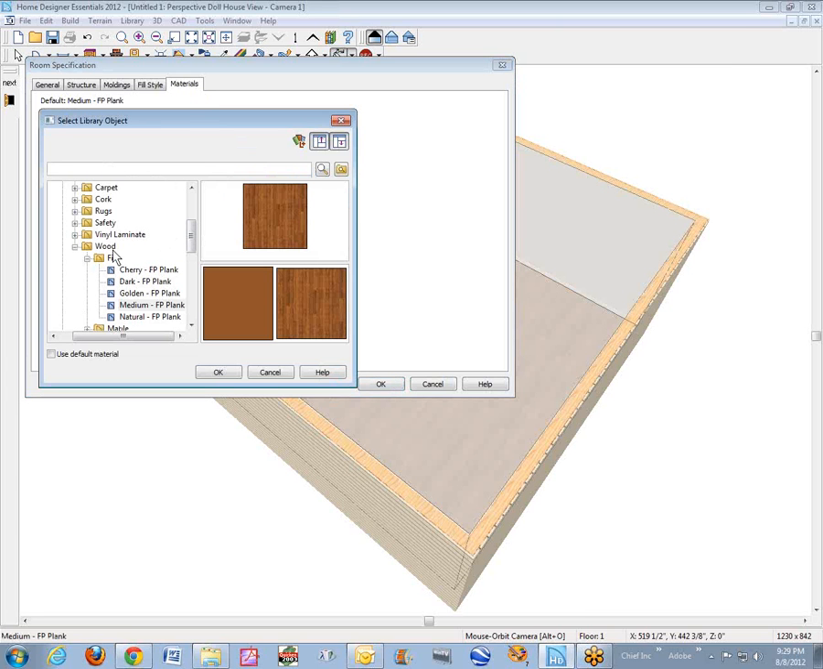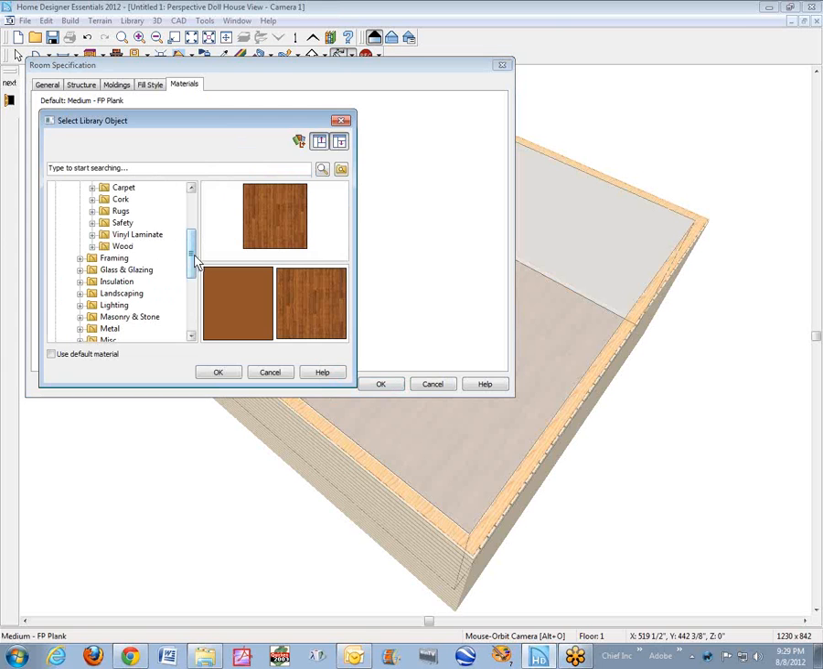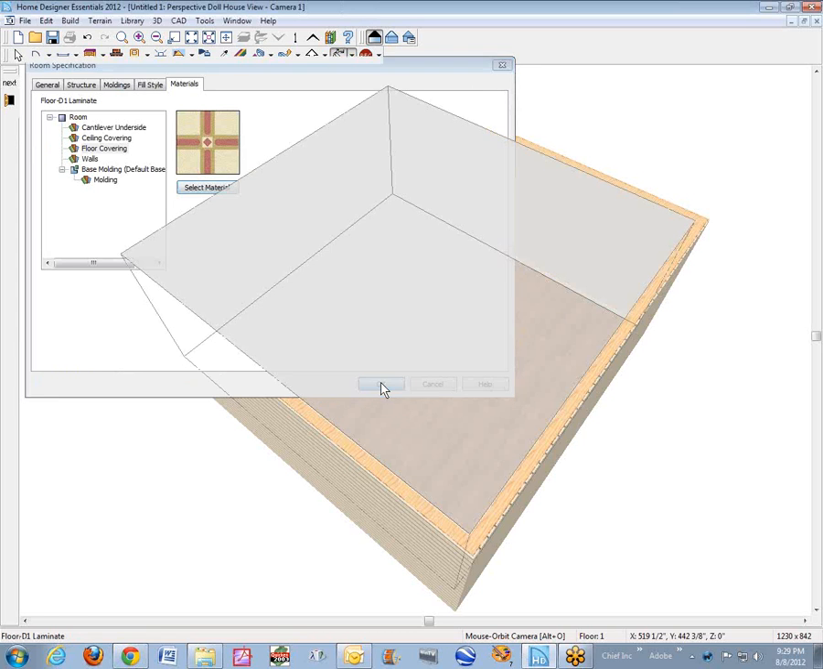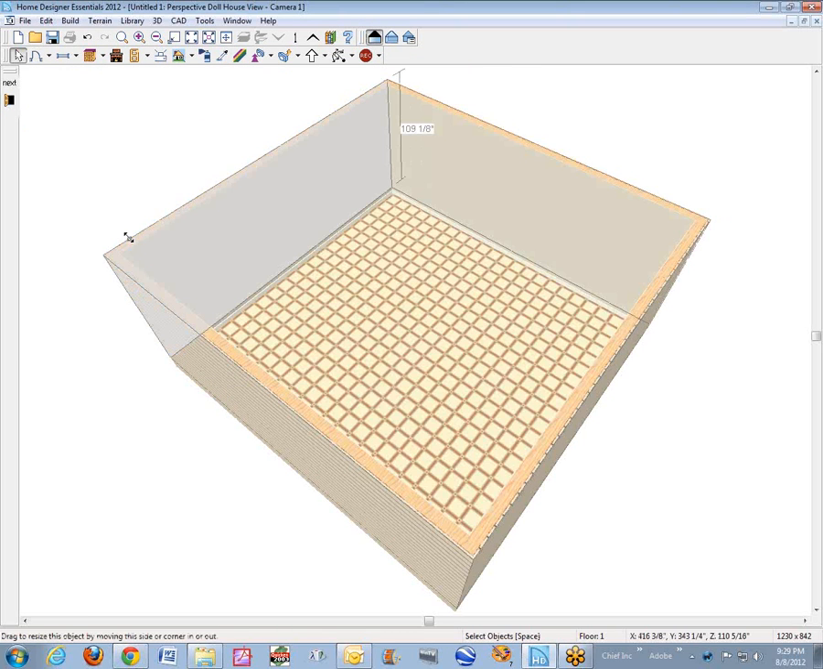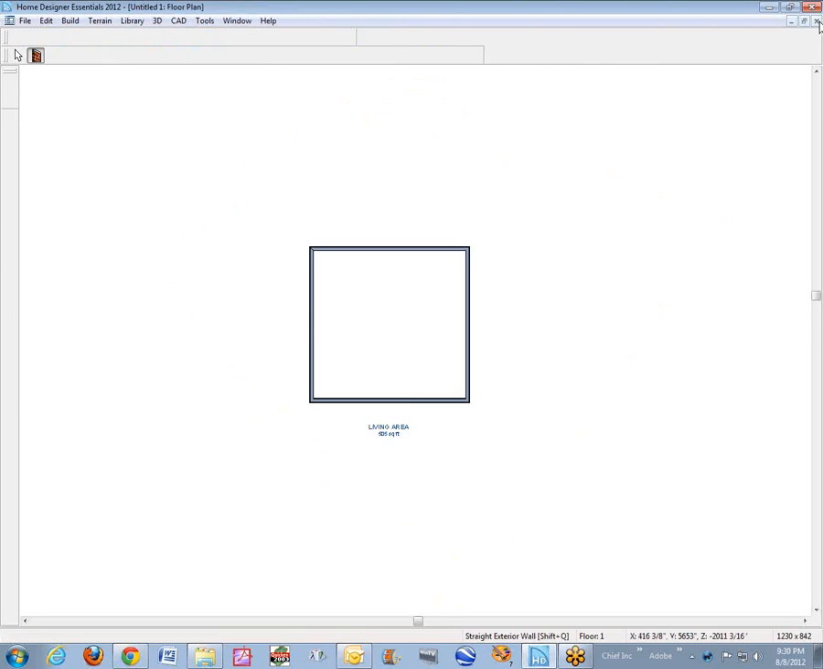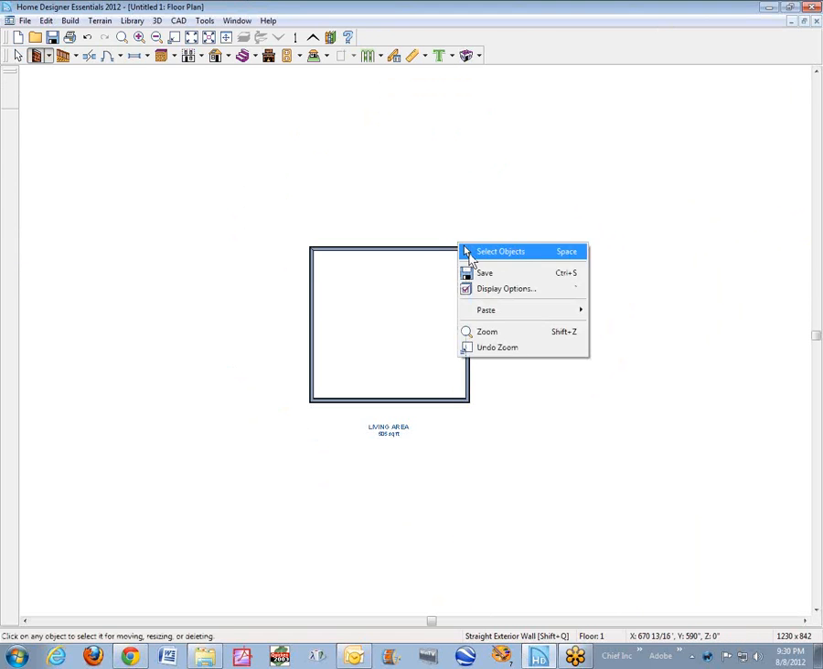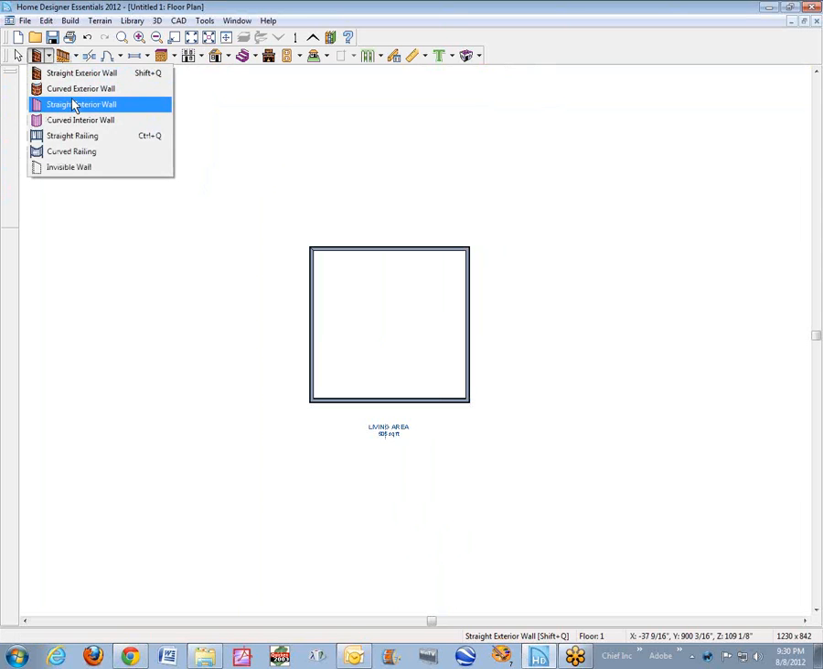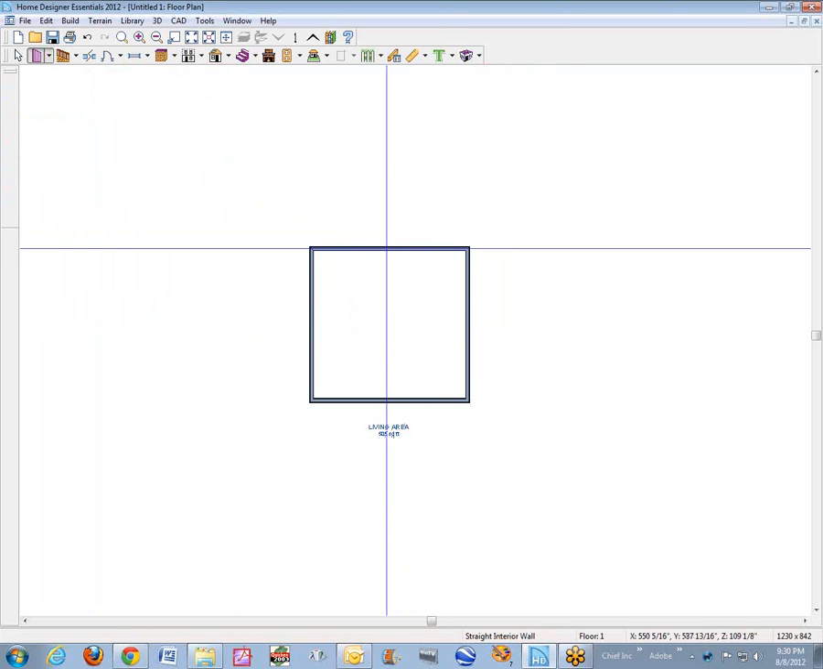All right, let's change it to something else. Vinyl laminate. Fine. Okay. There's something different. Now this is via the room dialog box, and I changed it for that room, but the default is still wood. So if I go back here and I draw another room, let's do it this way. I'll use an interior wall tool. Split this in half,